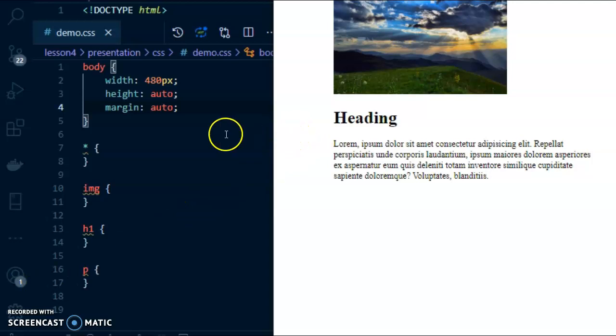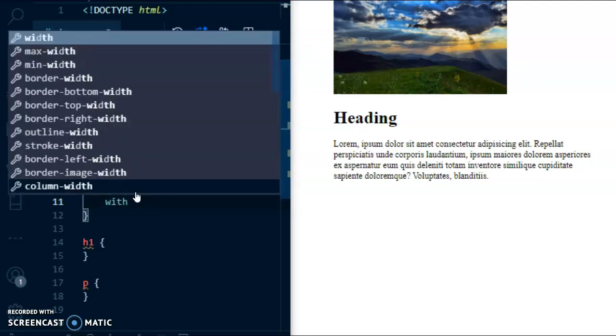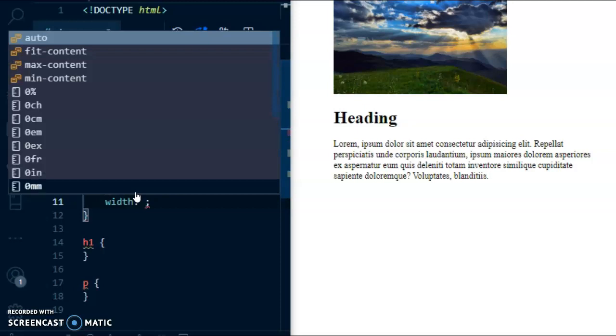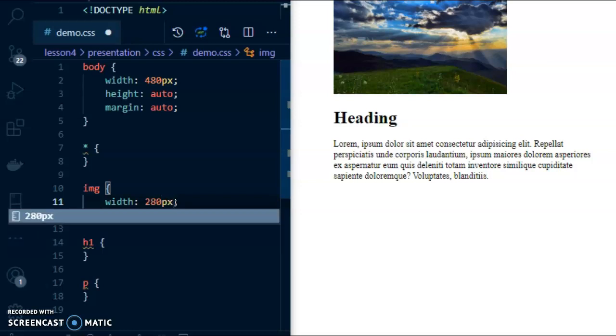I have here a picture, a heading, and a paragraph. So let's start with the picture by using the width and auto. You can also use auto or any kind of variable values, like let's say 280 pixel. Let us save,